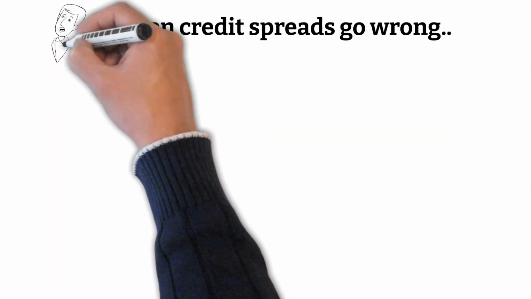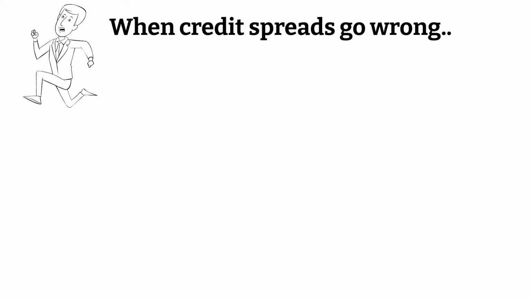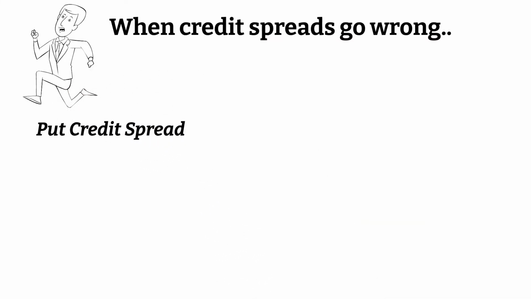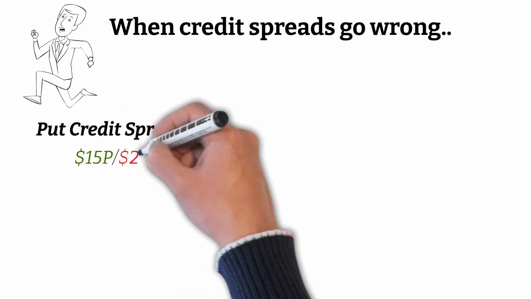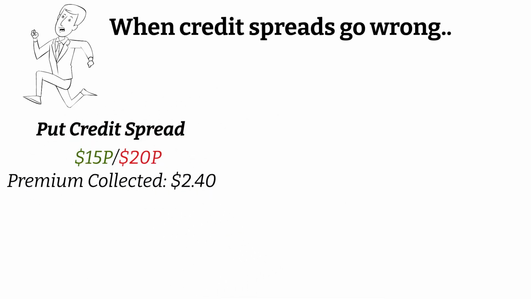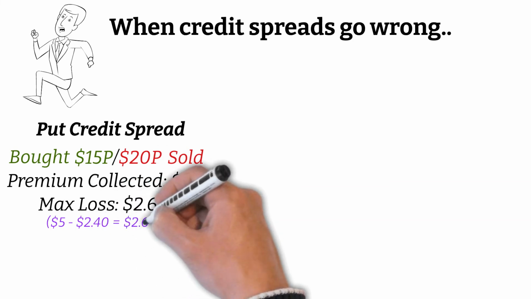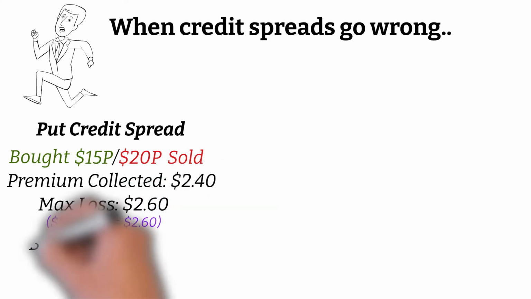We'll end this bit by talking about what options you have if your strikes get breached on a put credit spread. Unfortunately, if a call credit spread goes wrong for you, then you're basically screwed, but that's not always the case for puts. We'll say you sold a 15/20 put credit spread for a premium of $2.40. This was achieved by selling the $20 put and buying the $15 put. Your max profit is $2.40. Your maximum loss would be $2.60. And your break even for the spread is